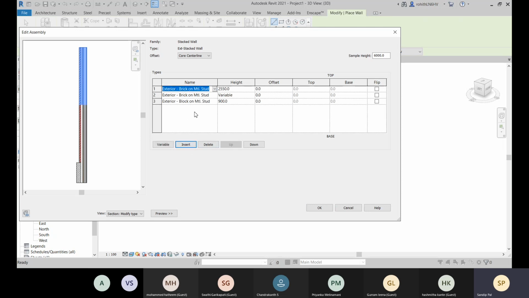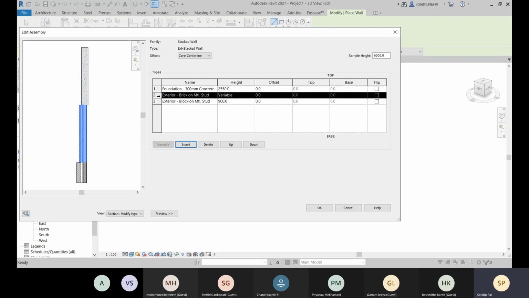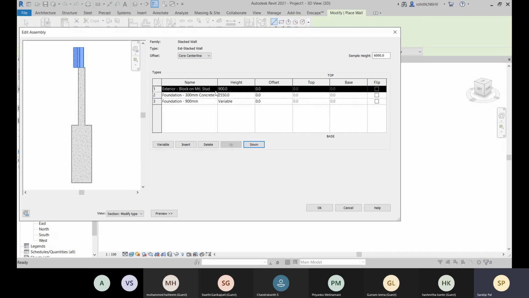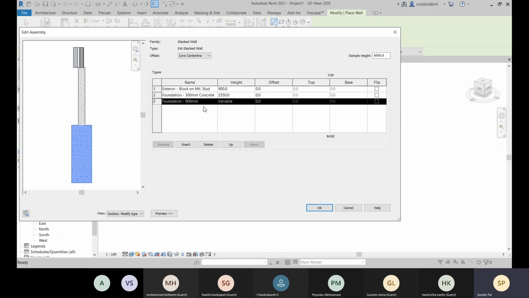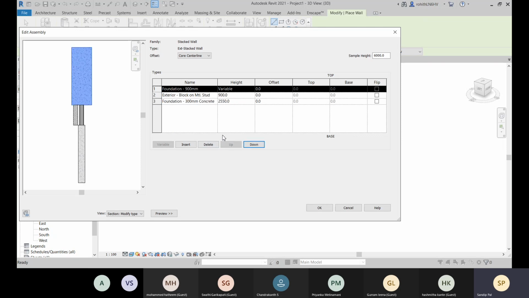I will choose this 300 concrete, and then I will choose this one as 900 combination, and this one I'll move up, and this one will be variable. If it is variable, let's not change it.